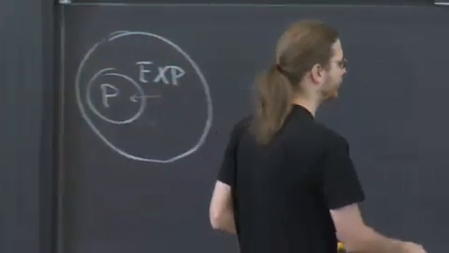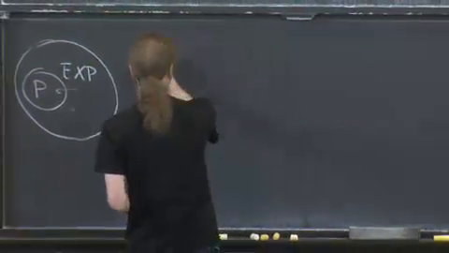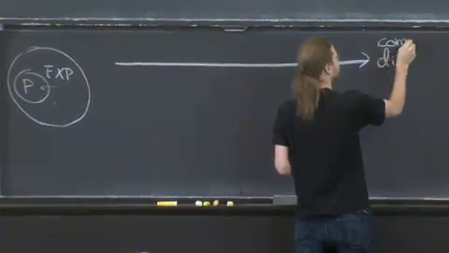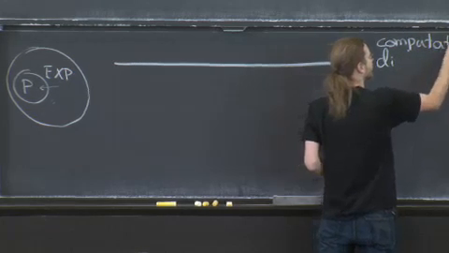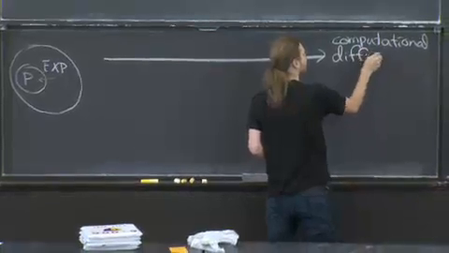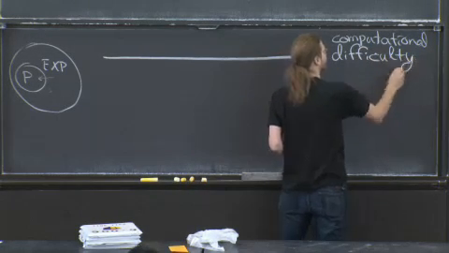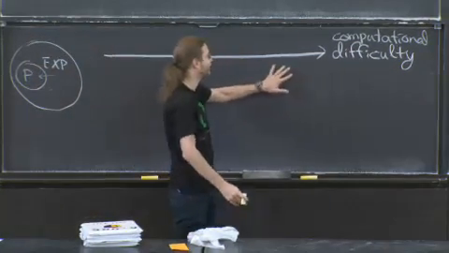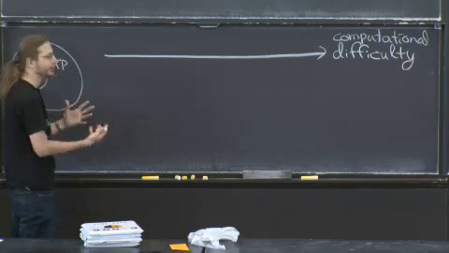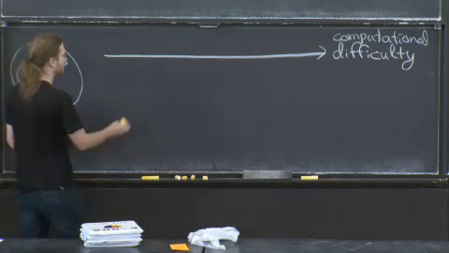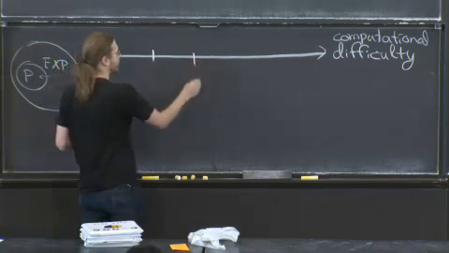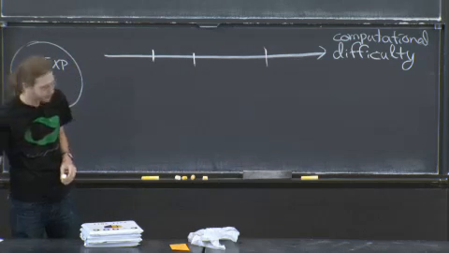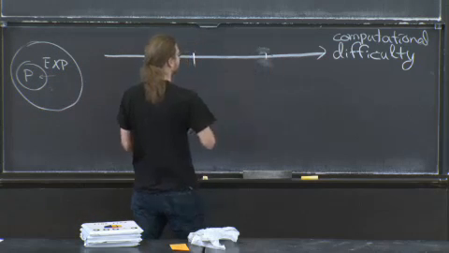I actually want to draw this picture in a different way, which is as a horizontal line. So an axis. I'm going to call this computational difficulty. You could call it computational complexity, but that's a bit of a loaded term. It actually has formal meaning. Difficulty is nice and vague, so I can draw an abstract picture. This is not a true diagram, but it's a very good guideline of what's going on. So I'm going to draw, I believe, 3 notches. 3? No, eventually 4. So let me give myself some room.